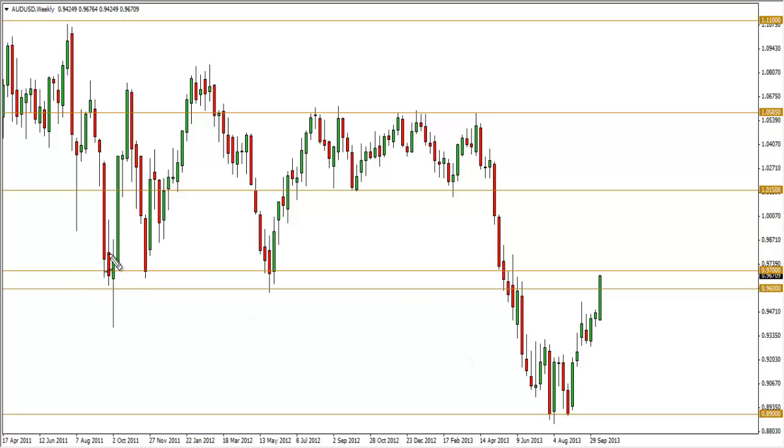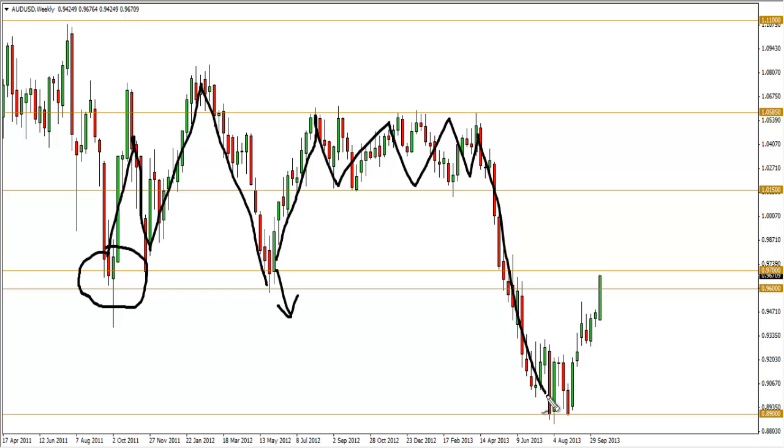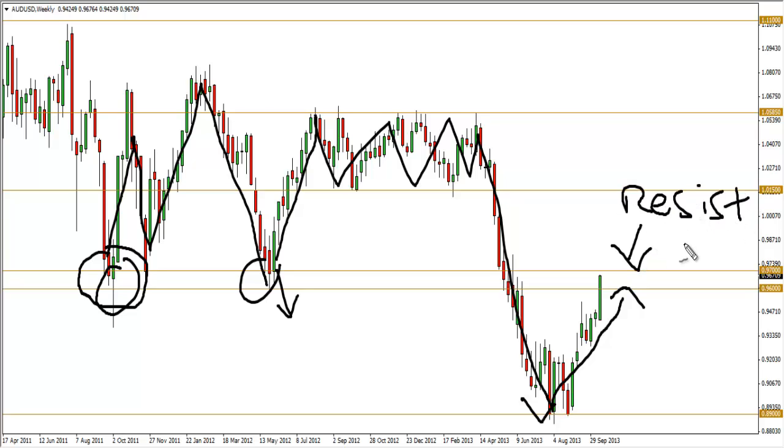It reversed from the low at the 96, 97 area and formed a pin bar. It came back to test and formed an engulfing pattern, rallied higher, consolidated, and broke through lower. Right now, price reversed from the low of 89 and is about to retest the previous support, which is expected to turn into resistance, because we know that previous support once broken, we expect it to turn into resistance. So this area here, the 97, 96 level,